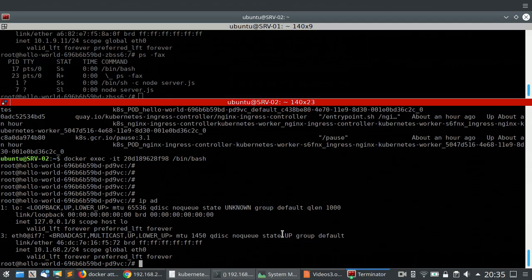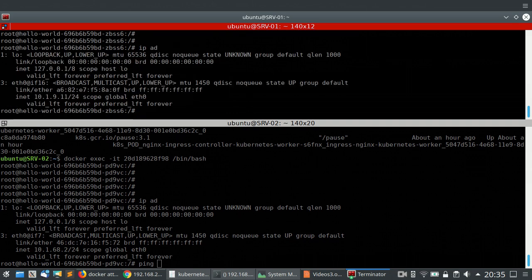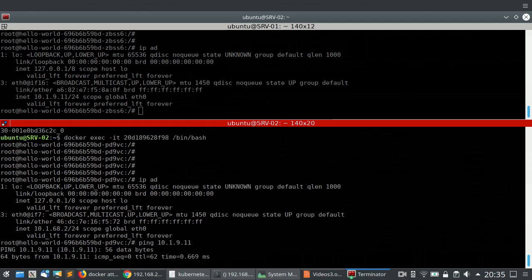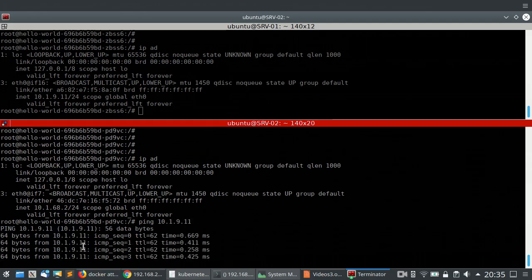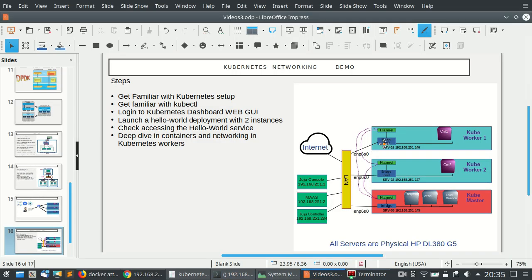Now from this server, if I ping the other container, which is 10.1.9.11, you can see we can ping that. And these two servers, they have no connectivity between each other. So this traffic which we are sending from this host to this host, actually from this container to this container,